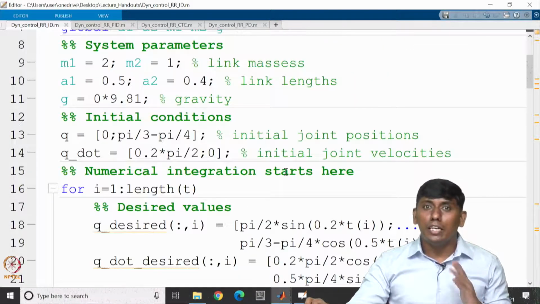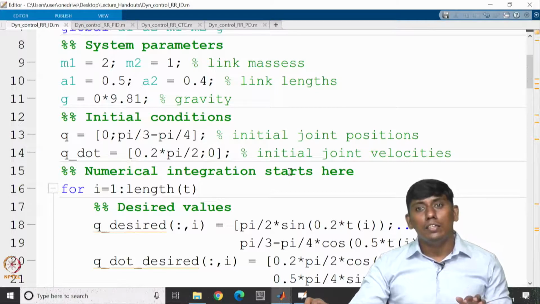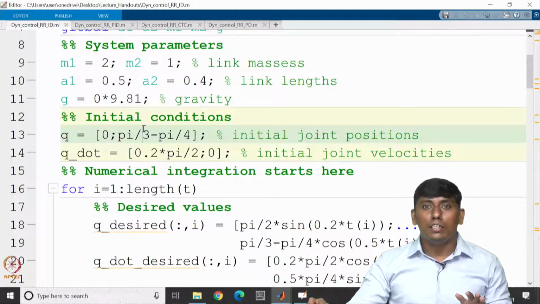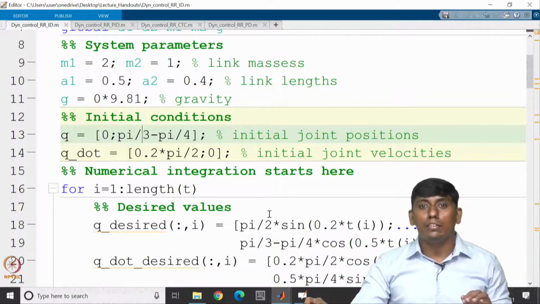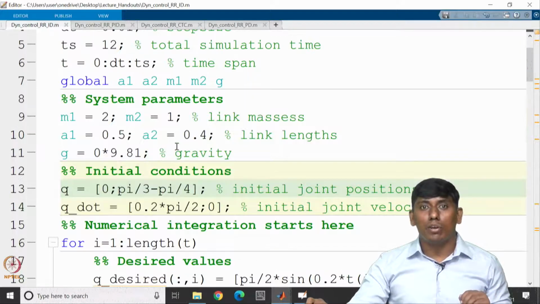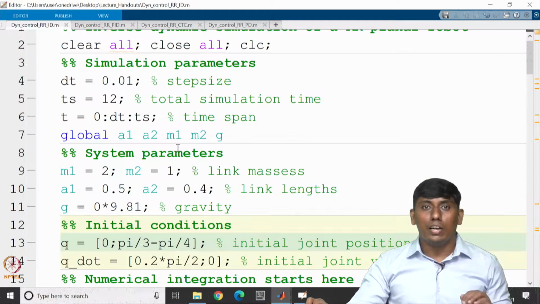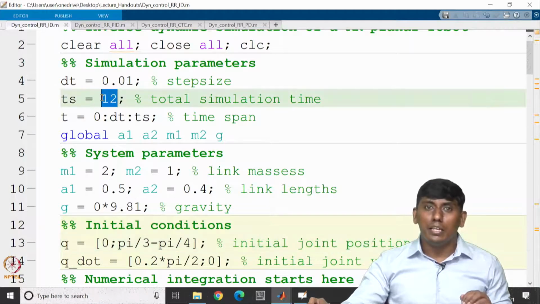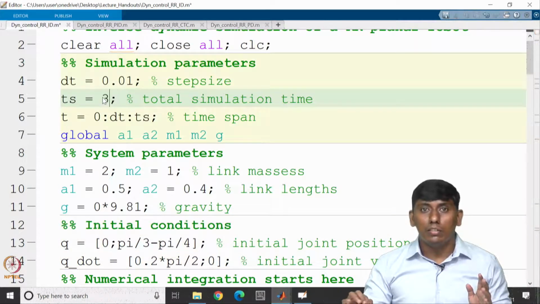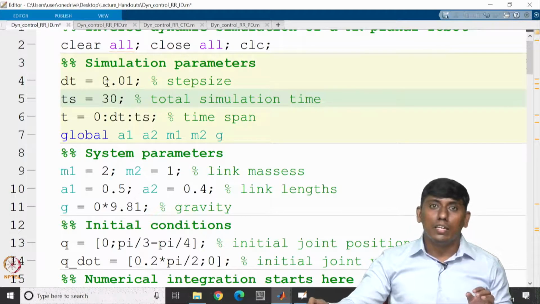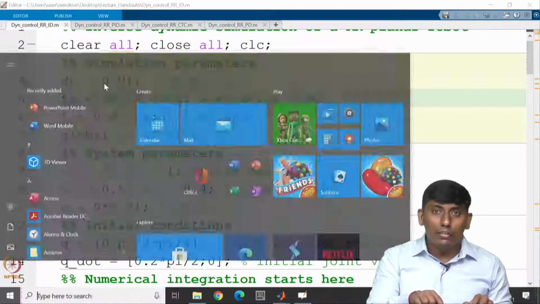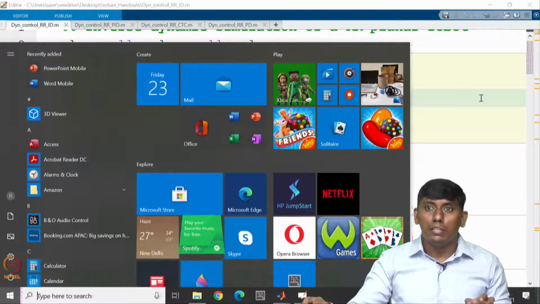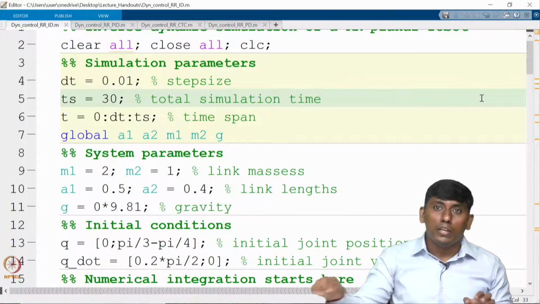Right now we take everything as idealistic, in the sense that the initial position and initial velocity are the same as the desired initial position and velocity, and gravity is 0. I'll make the simulation at least 30 seconds and run it.